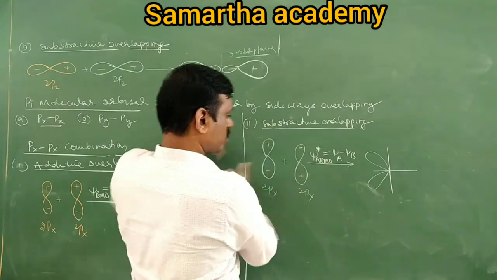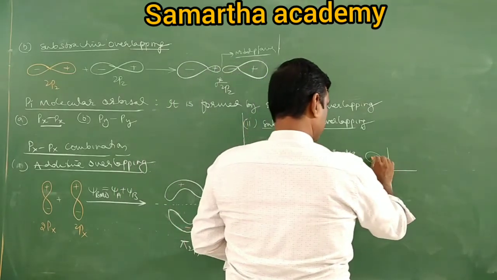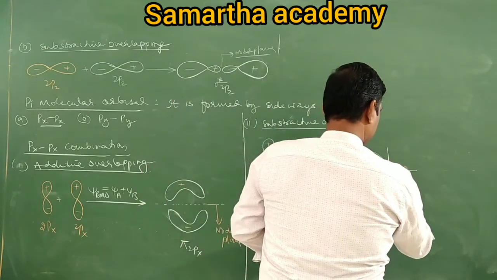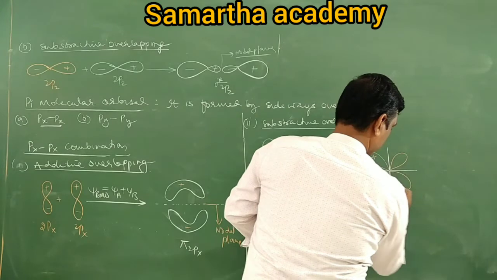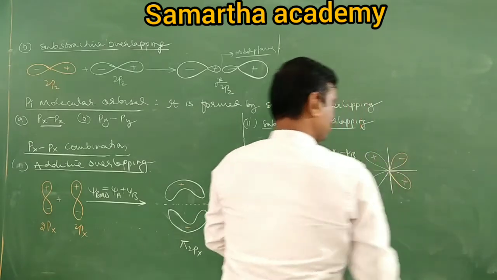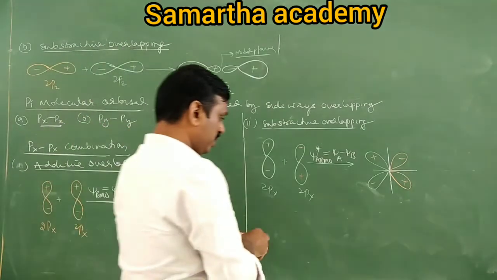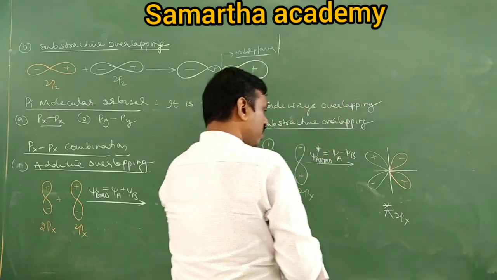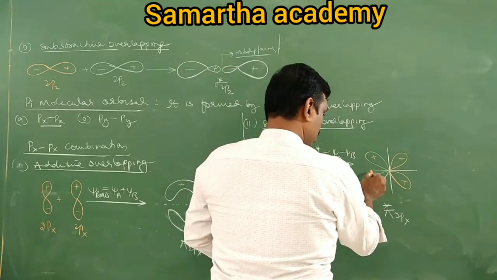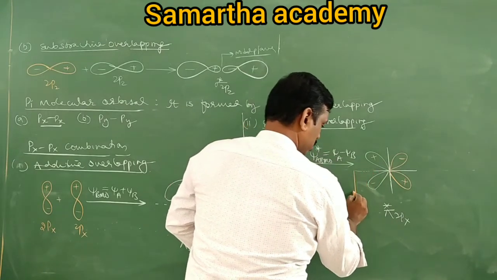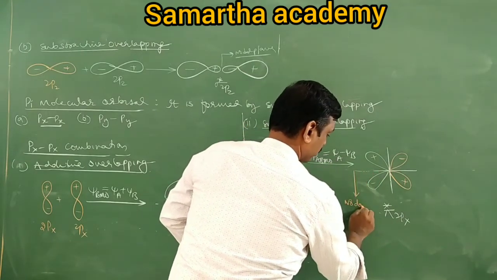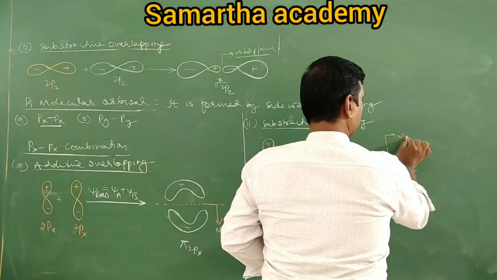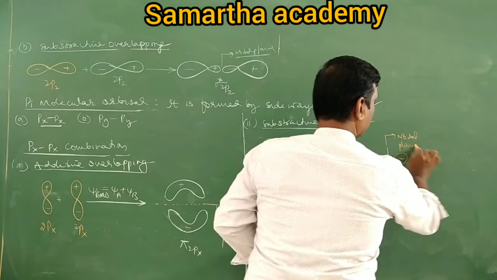It means these two come this side. It is positive, negative, and these two lobes go that side. This is negative, this positive. It is a pi star 2px. Here important is it has two lobes. This was the possible question. This is not a lobe, it is a nodal plane. It has two nodal planes. This is also one nodal plane.